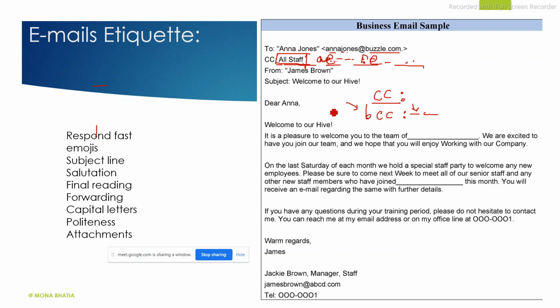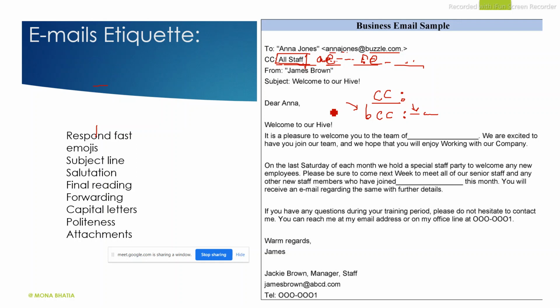Sometimes it is important that you are sending an email but you don't want to tell each and every staff that this email has been sent to that person also. Okay, that is called blind carbon copy. It is similar to copy except that the email address of the recipient does not appear. You won't see them. You understood? Yes, sir. Okay. Because there are sometimes bosses in the organization to whom you are sending mail but you don't want those email addresses to be open.